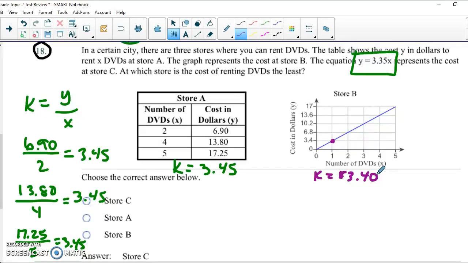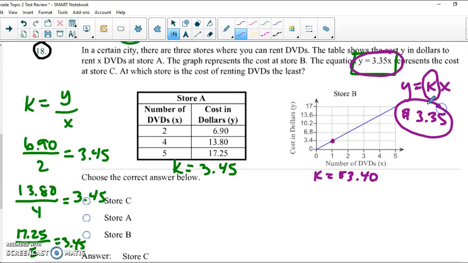And finally, as I look at this equation, if I remember that my equation takes the form Y equals KX, K is my constant. So in this case, $3.35 is my constant, and that is my cheapest price yet. So store C would rent DVDs for the cheapest